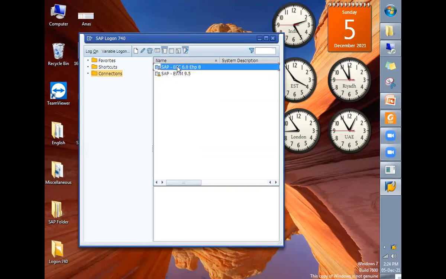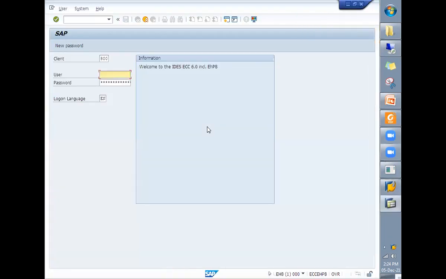One is the ECC system and the other is the SCM system. In SCM we have EWM. If I click here, this is ECC 6.0 EHP8, and you don't find EWM as part of it.